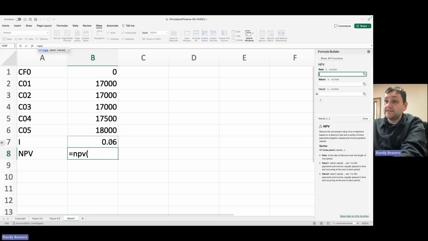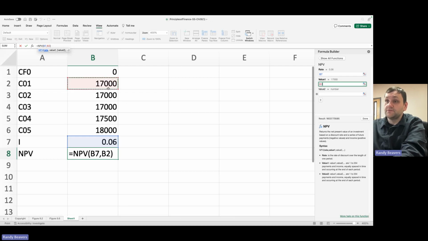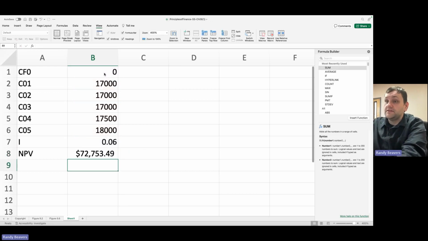So the interest rate here is going to be cell B7, which is 6%. And then my values, you can click one of these at a time and add them, or you can just highlight all of them. So that's what I'm going to do here. And then I will do plus that 0 on the outside of that there. Okay. So just make sure that the function just calculates the NPV from times 1 through 5. And anything on the outside of that would be there on the outside of the function, or probably better yet, I would put it here to where I know that it's definitely for sure outside the function. So once you do that, you should get